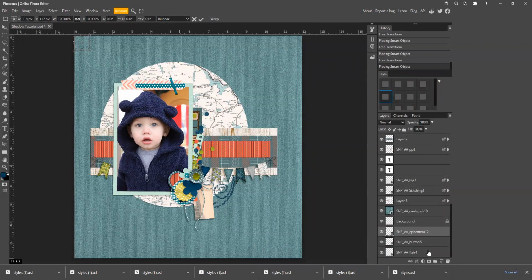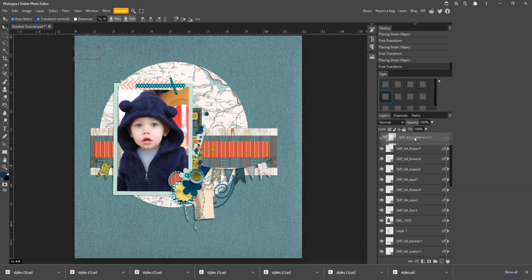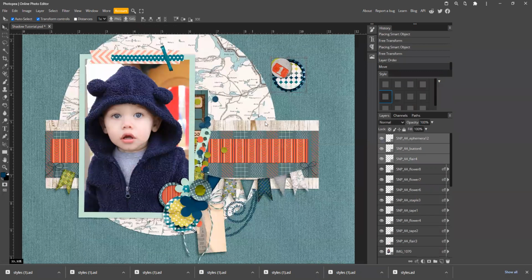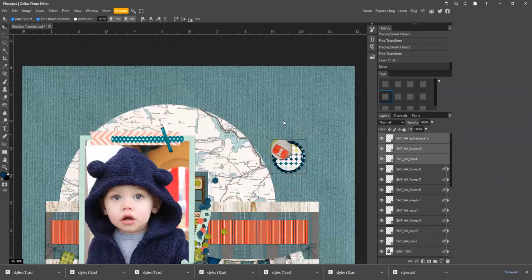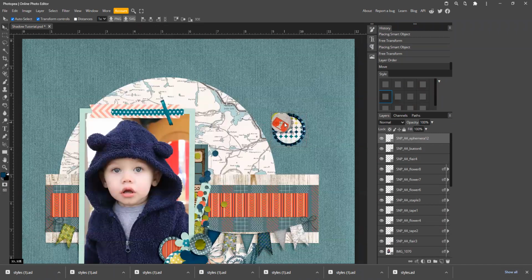And I didn't have my top layer selected, so they all added below. So I'm going to go ahead and drag those all up to the top over here in my layers selection by selecting all of them and then dragging them up. Okay. So just to demonstrate how these options work,